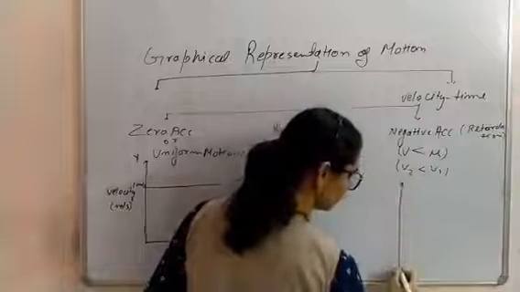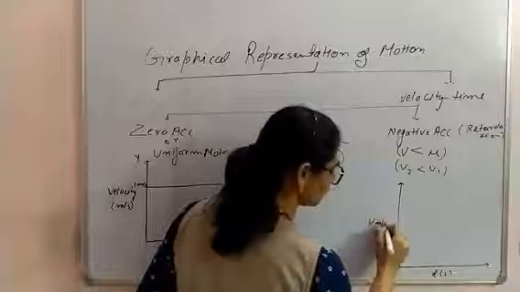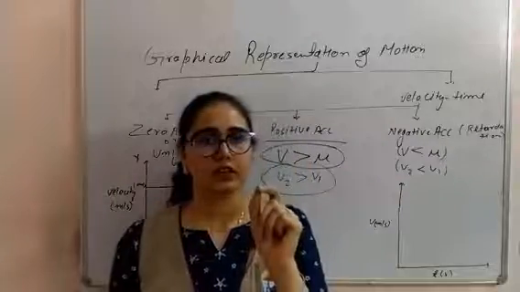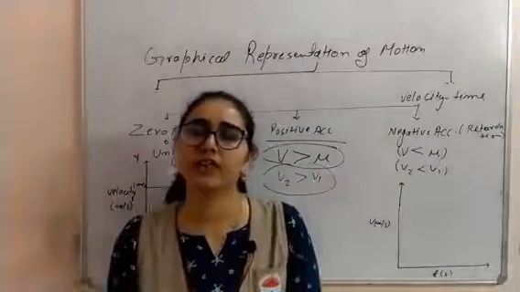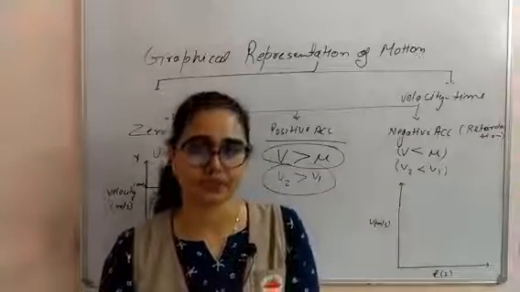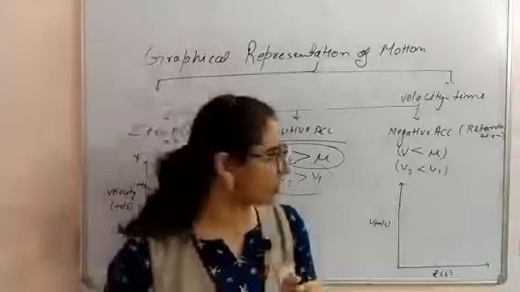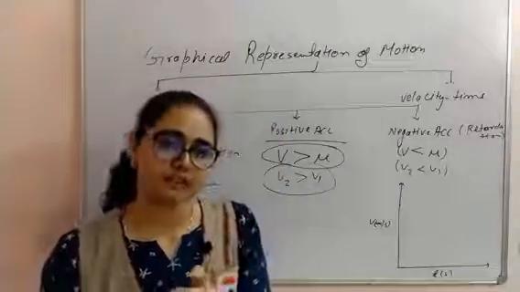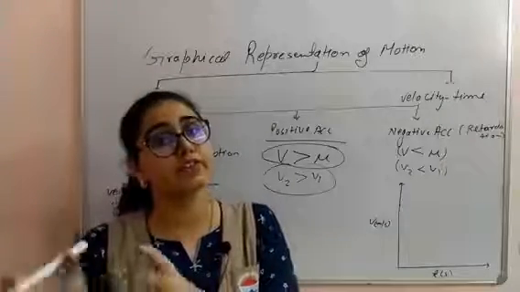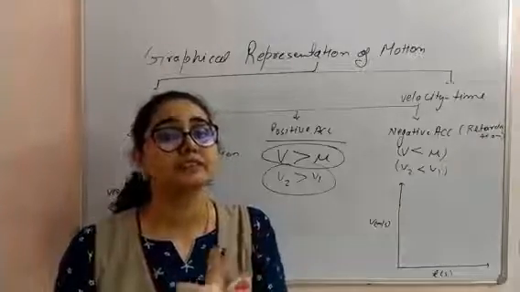From the graph, here is time in seconds, here is velocity in meter per second. If the object was already in motion and we suddenly apply the brake on any vehicle we are driving, then we are reducing the velocity of the object. In that case, what type of acceleration is happening? Negative acceleration, because the final velocity will be 0 if the object stops, or it will be less than the initial velocity, which was when we applied the brake.